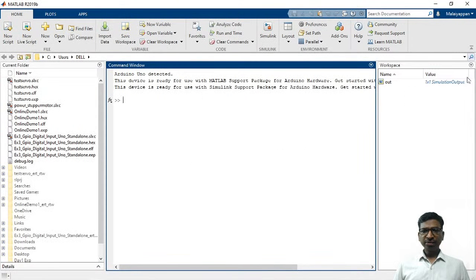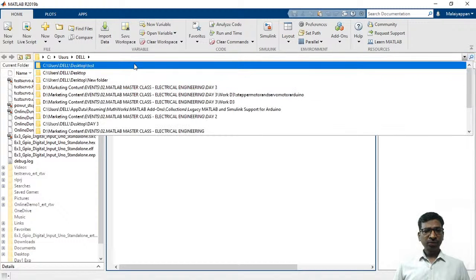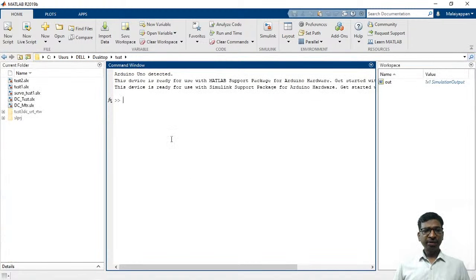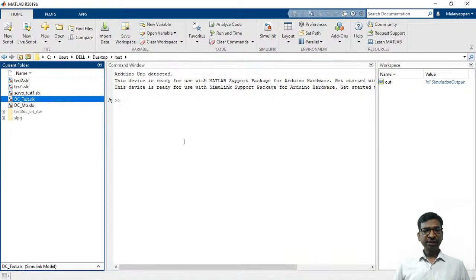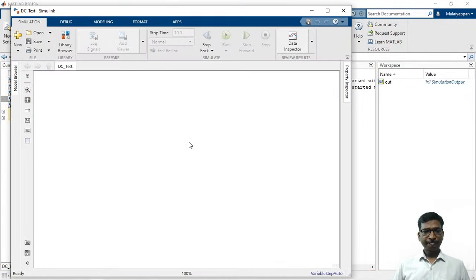Just check the work directory. This is the work directory. Here our DC test is our project file. See, DC test is the project file. In this file we are going to use the Arduino